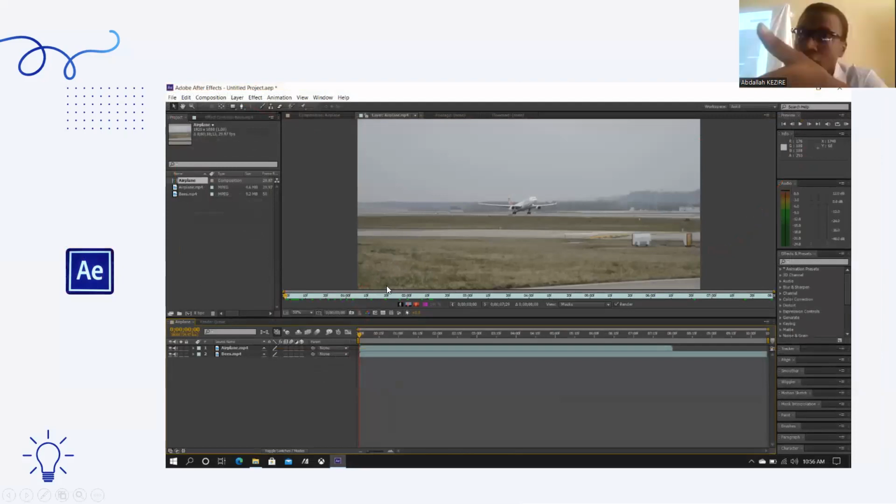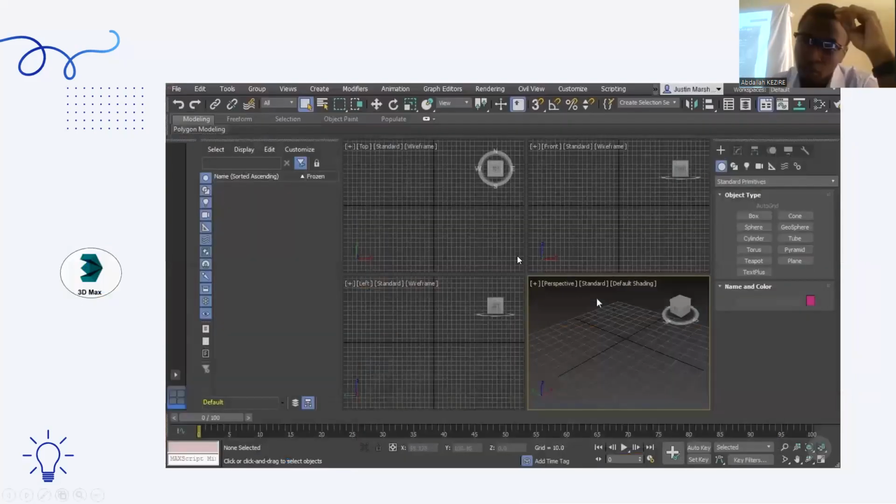After Effects is also a very powerful software which deals with videos. Even if almost all animation software deals with videos, you have here your viewport. You can manipulate your images, videos, text, and all of them. You have here the list of your assets or objects, and here you have your timeline. I will move to another one. Here you have 3ds Max. You also have your viewport. You will have a list of your objects here, and you will definitely have a timeline. You will have other tools for other parameters, but as you are beginners, this is already a lot for you: the viewport, the assets or outliner, and the timeline.